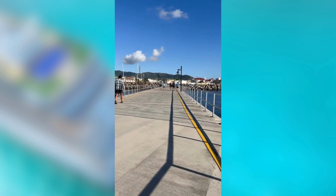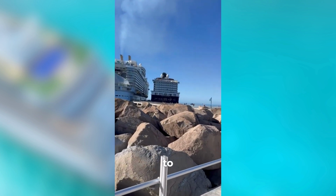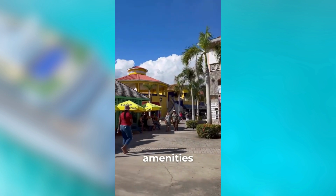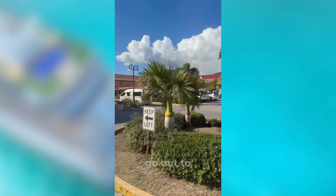of St. Kitts. For those with mobility issues, there was a little tram that ran kind of infrequently, taking passengers to and from the end of the pier to the ships. At the very end of the pier, you can find the standard port amenities, including shops and signs for pictures. Those who are taking excursions are directed to a specific exit, and everyone else can go out to the taxi